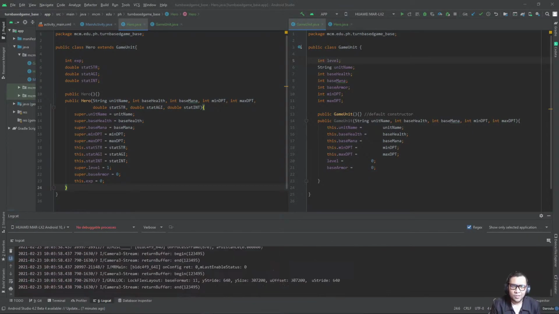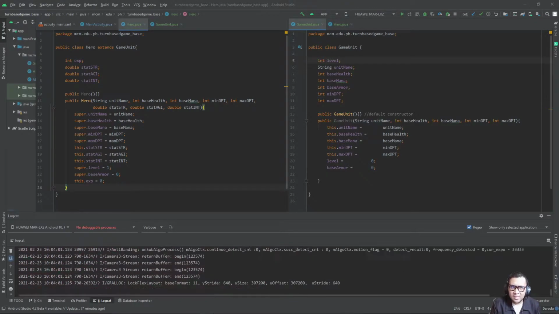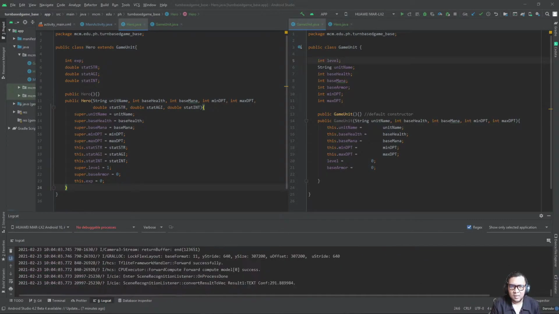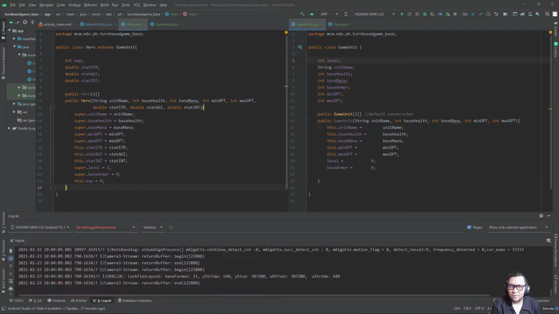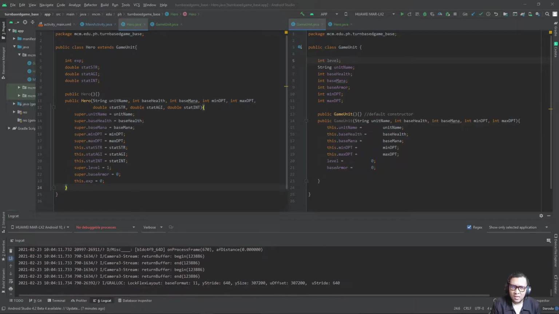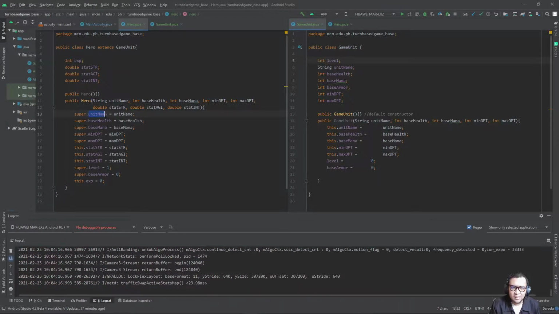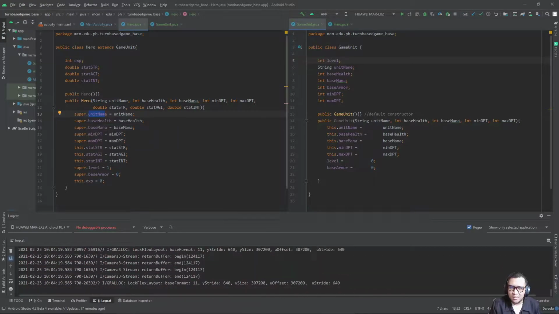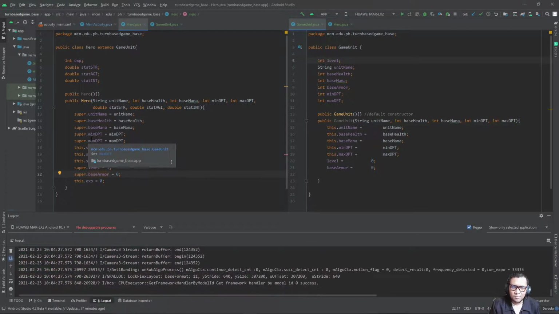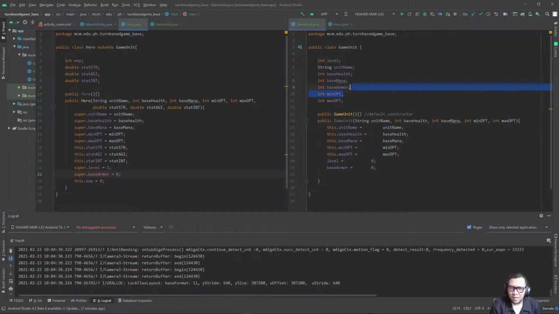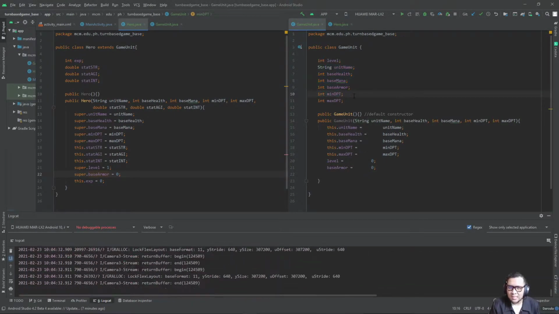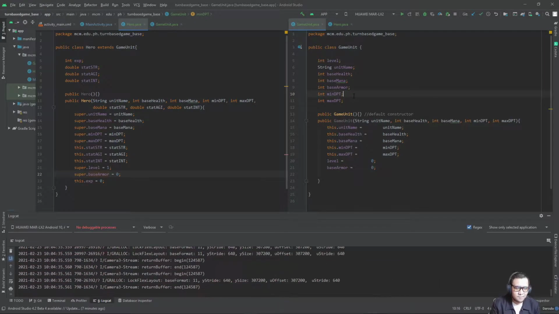So for this example, yesterday we have created a hero and a game unit class. Two classes in which hero class inherits from the game unit class. As you can see, it directly inherits everything from the game unit class. The levels, the base armor, the minimum and the maximum damage per turn. Every variable from the game unit class is directly inherited. But